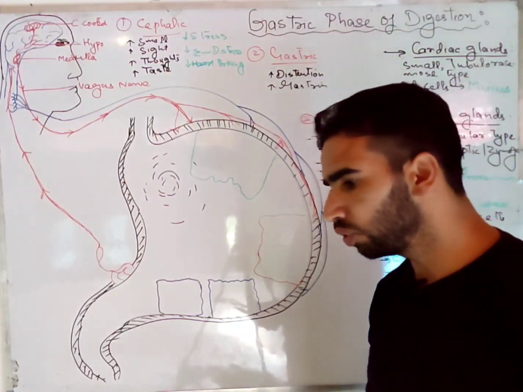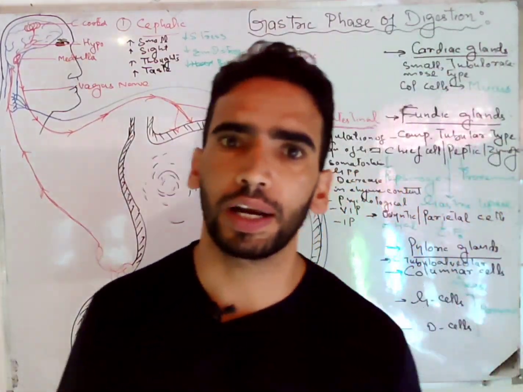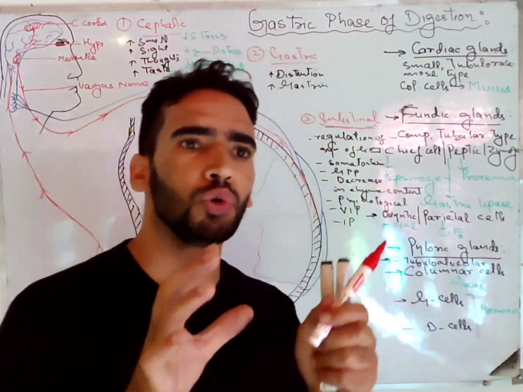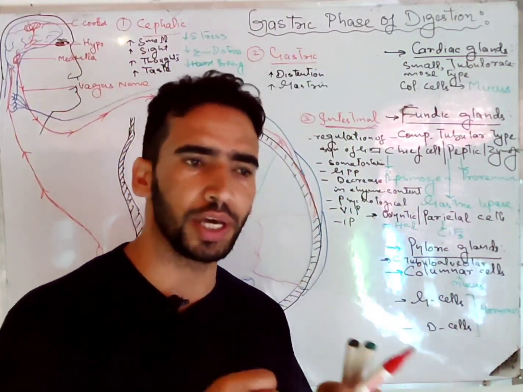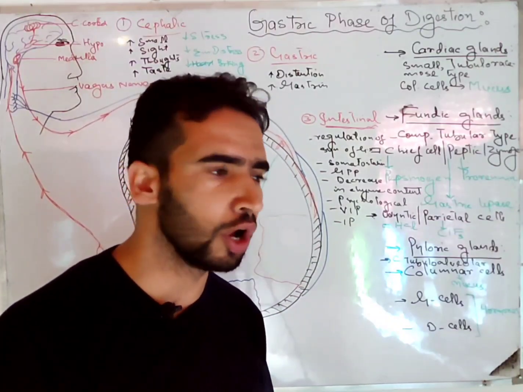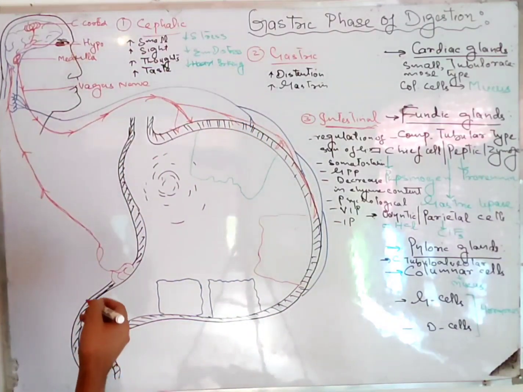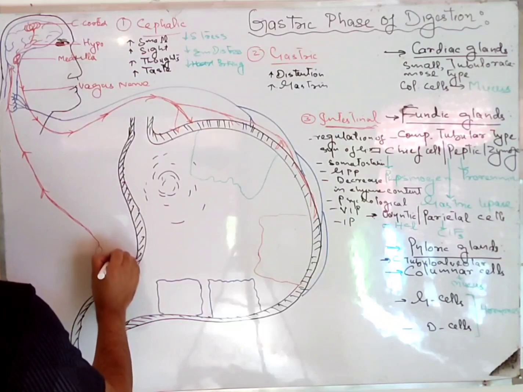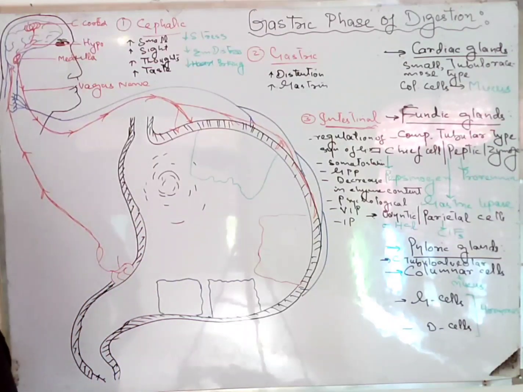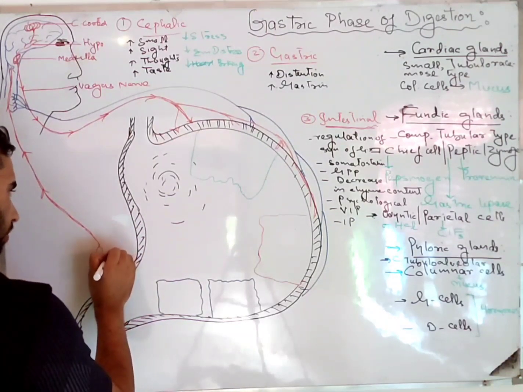Besides that, so far as the anatomy of our gastrointestinal tract is concerned, I already told you that Meissner's plexus is there, the plexus of Auerbach or myoenteric plexus is there. Let me write down here that, as it is in the submucosal region of the gastric lining of our stomach, it is myoenteric